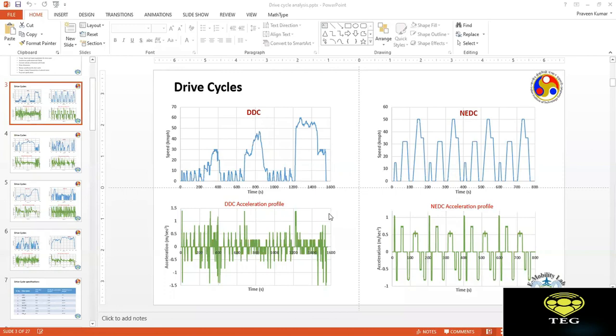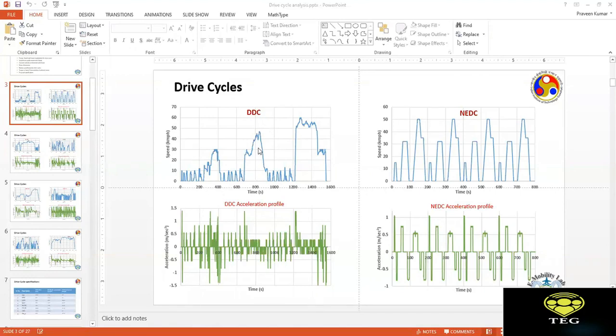Now, all of you, please try to observe what happens between 0 seconds to 200 seconds, and similarly from 410 seconds to around 650 seconds, and so on. What is the driving pattern of the vehicle? What kind of speeds are you going to see? So 10 kilometers per hour for quite a long time, and then it's rising to 30 kilometers per hour, and then coming back to 10. Precisely. So it comes to the 10-kilometer region quite frequently, isn't it?